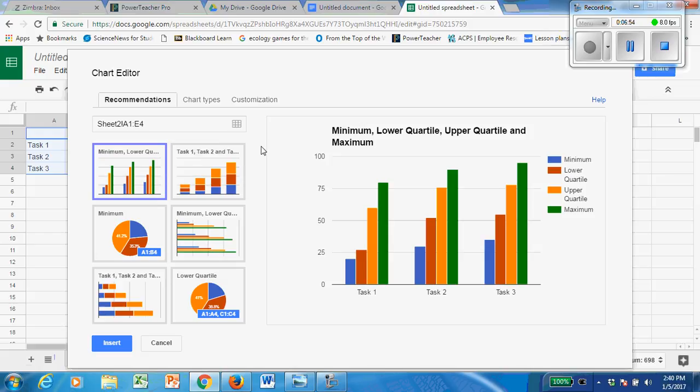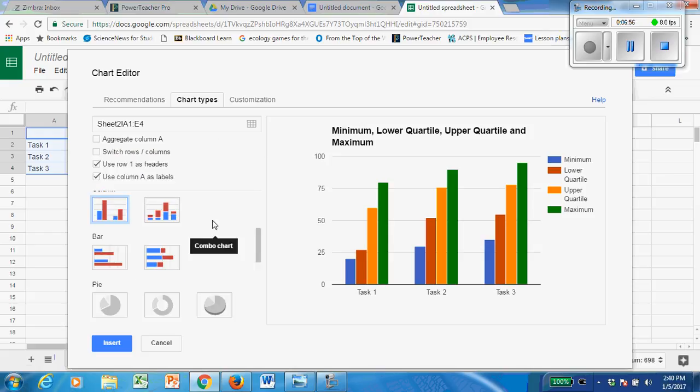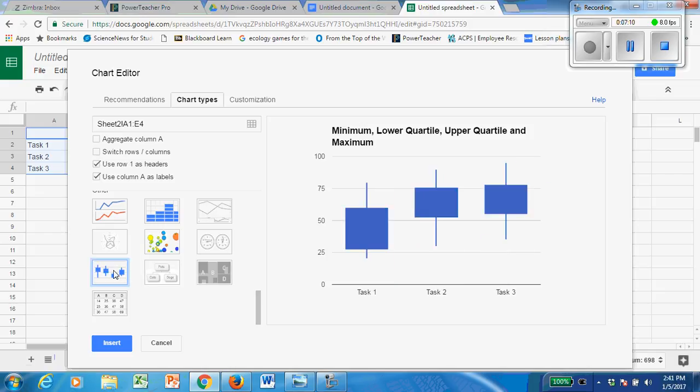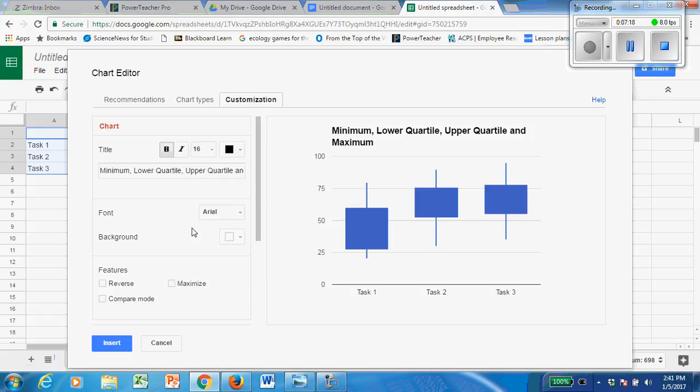insert, and you want to go to chart types and you want to scroll all the way down here. Now, if you don't have access to that, then you need to play around with the check marks, because sometimes it will not give you access to it. So I want to click on the box and whisker, and right here it says candlestick chart, and there we go. We click on it and you play around with clicking here, and you can customize it,